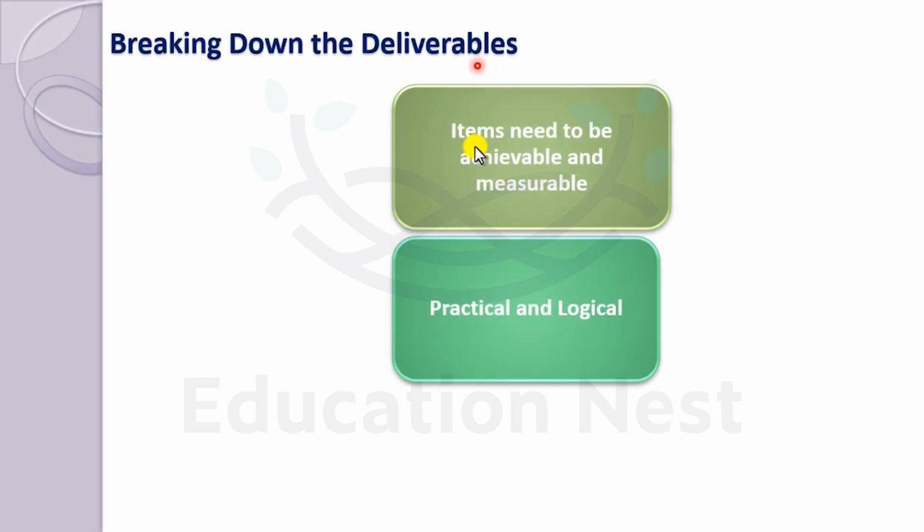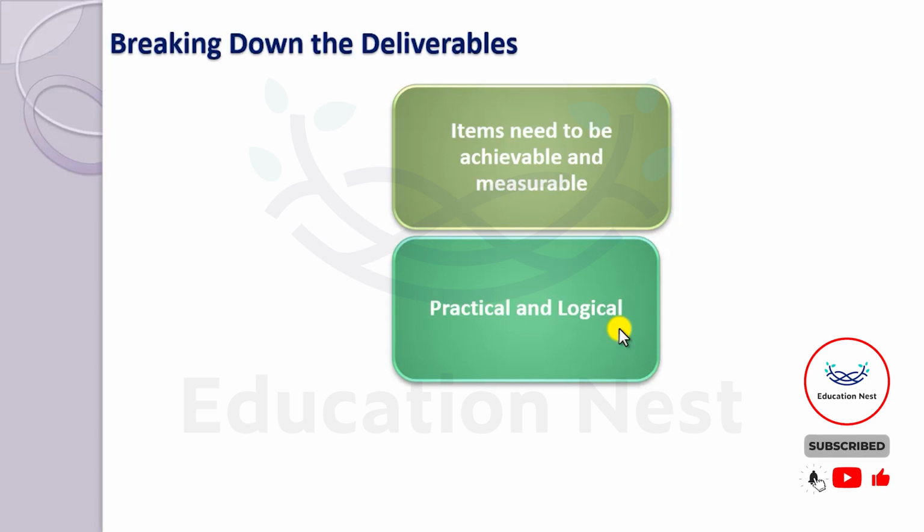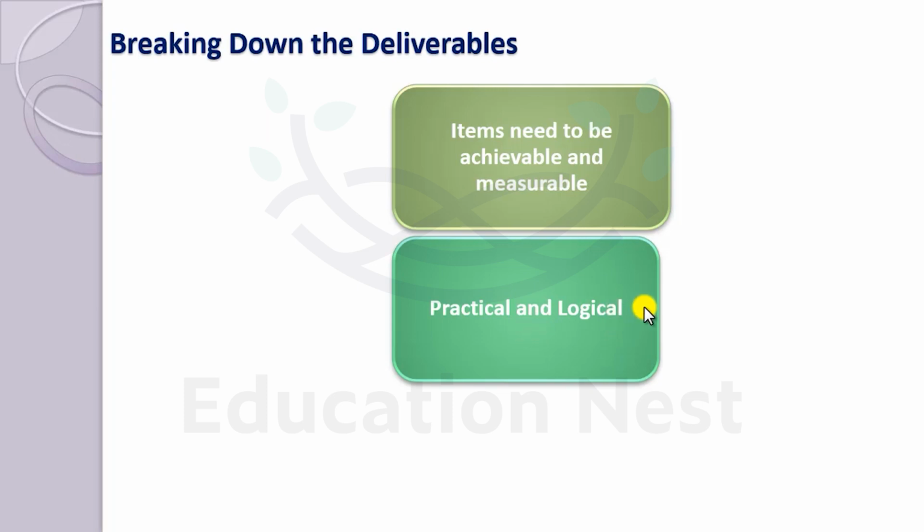Then next is definitely the practical and logical deliverables. Like I have told in the example, if the project is complex, where your team doesn't know the technology or functional things, then it is always important to make the deliverables logical and practical. It should be achievable. It's not that we are expecting 2 months of work in 2 days. It's not possible. So mostly the project managers, they fail in this area.